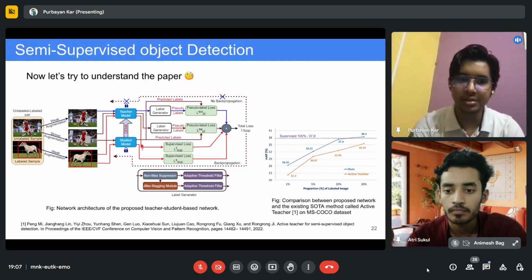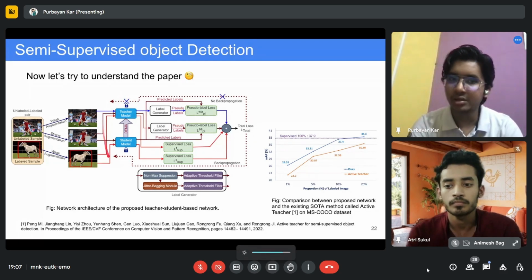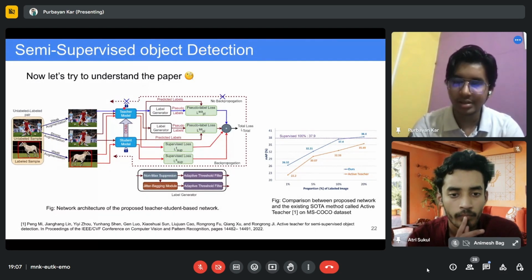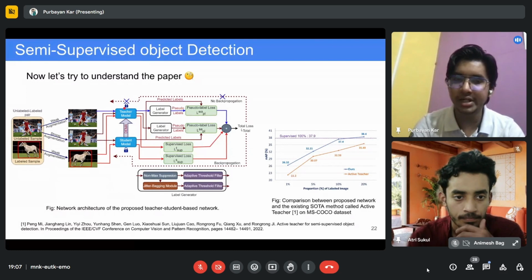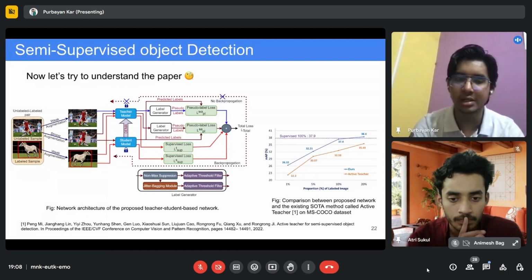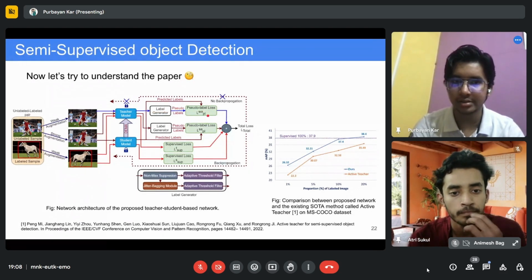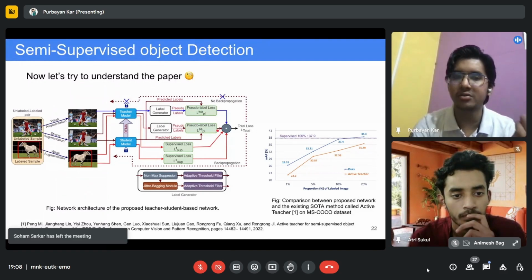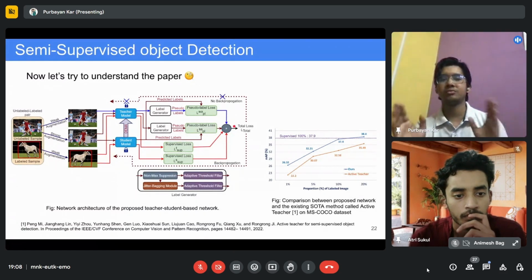And then I pass them to this teacher-student framework, this knowledge distillation framework. This teacher model is already a pre-trained model. The task of the teacher model is to predict pseudo labels for the unlabeled samples. What I mean by pseudo labels is that I don't have labels for these unlabeled samples, right? I need labels to calculate the loss ultimately. So the task of the teacher model is to predict pseudo labels. The task of the student model is to generate predictions, and then we calculate the loss using the pseudo label and the prediction. This is a very high-level overview of what we are doing.